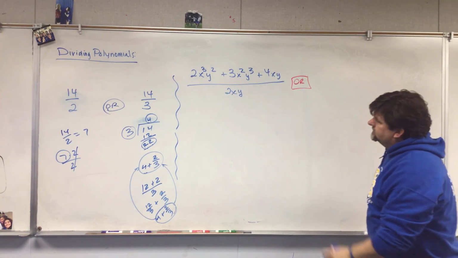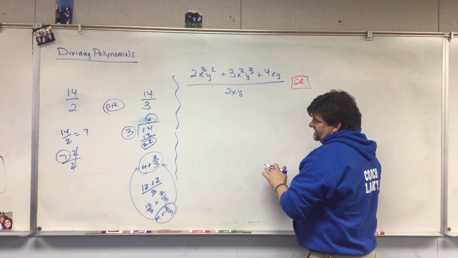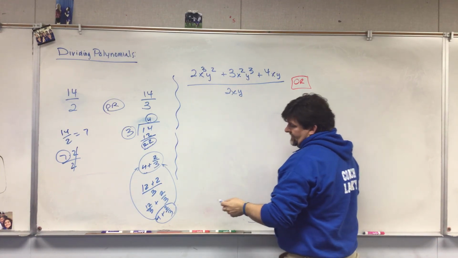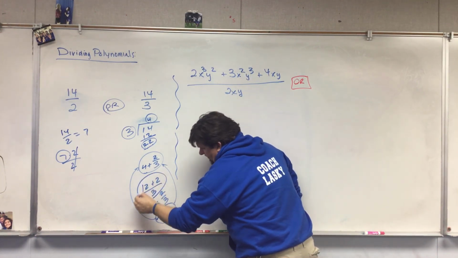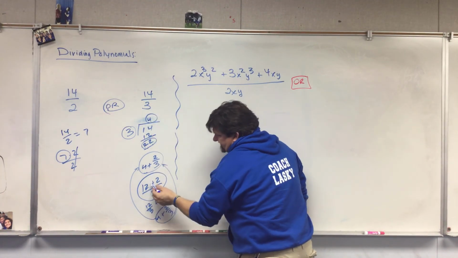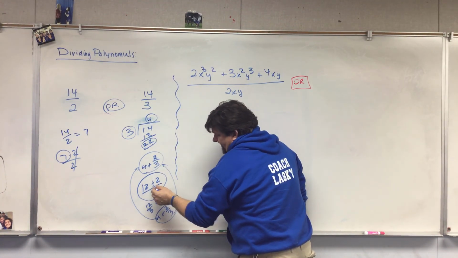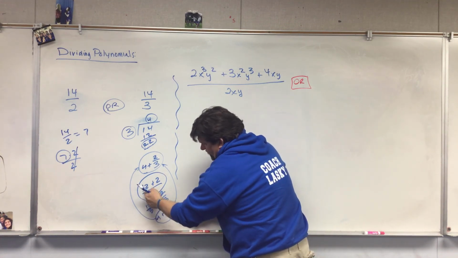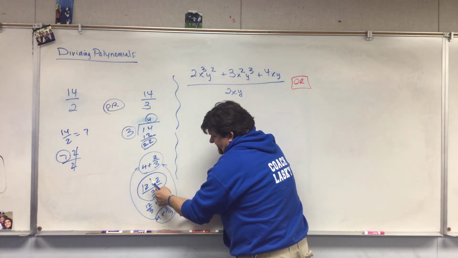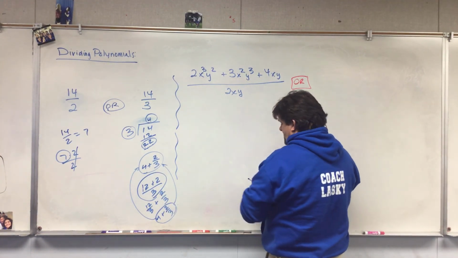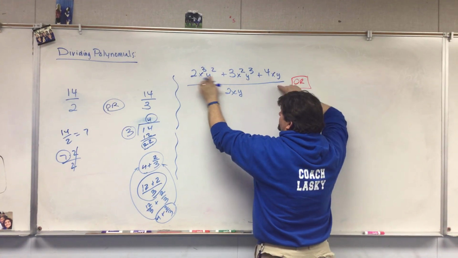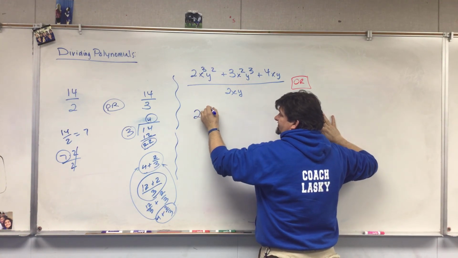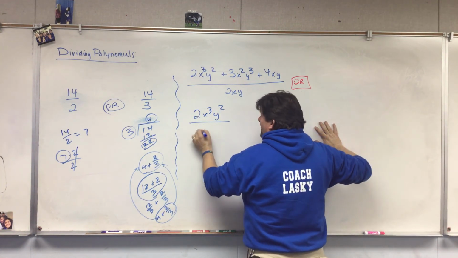Now, if we're going to look at this, this is division, but I've got nothing to divide by. It's a little crazy looking, but look what I did here. I took 14, and I split it up into 12 plus 2. Then I took the denominator that's common, and I split it out into 2 pieces. So I got 12 divided by 3 plus 2 divided by 3. Well, we can do the same thing here, where I'm going to split these 3 terms out into 3 separate fractions. So we have 2x cubed y squared divided by 2xy